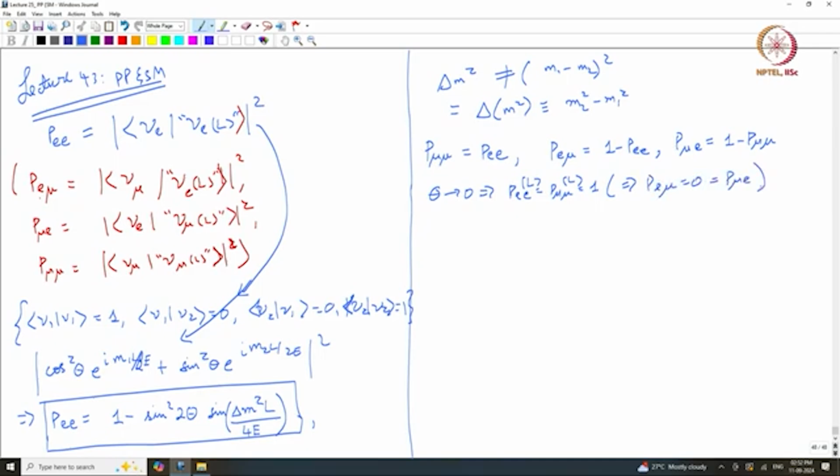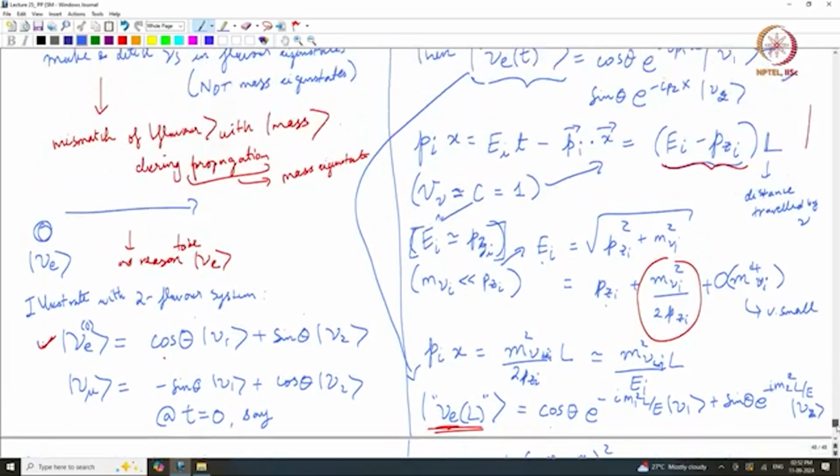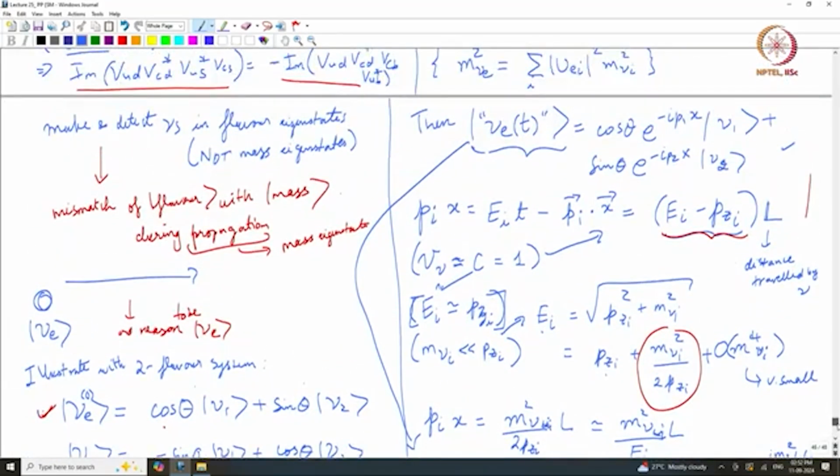So this would also mean obviously that there is no conversion among the flavors, okay. Another thing, when delta m square is 0, it is the same, right, because the sine here goes to 0, correct. Again, why is that? That is also because